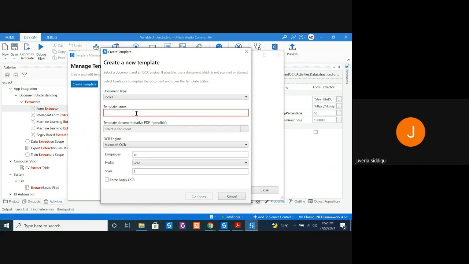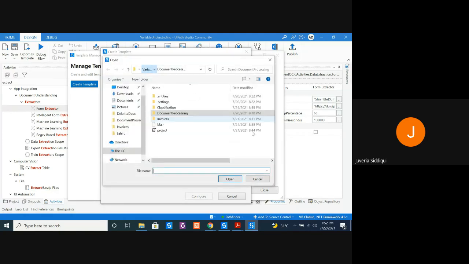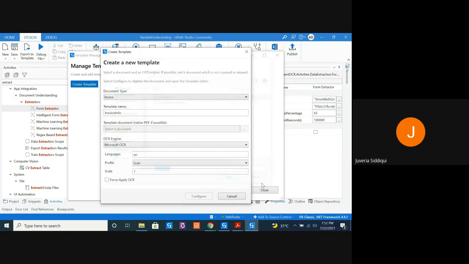Give a name. In our digitize step, we used UiPath OCR, and that's what I'm going to use.